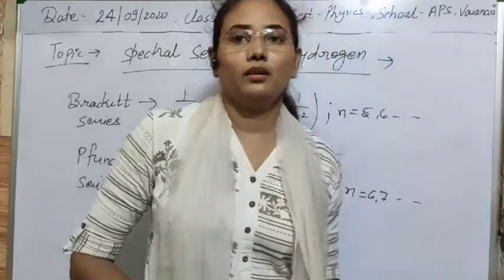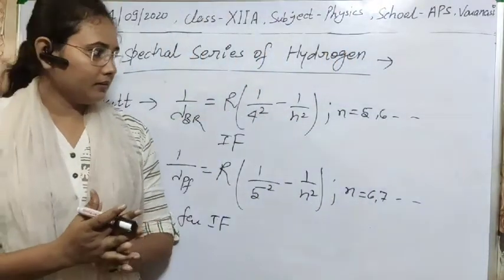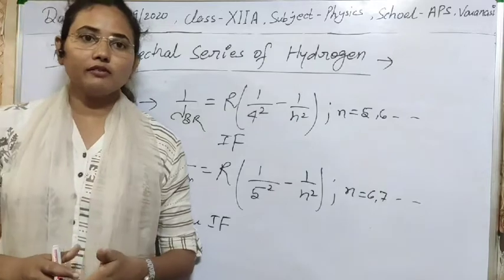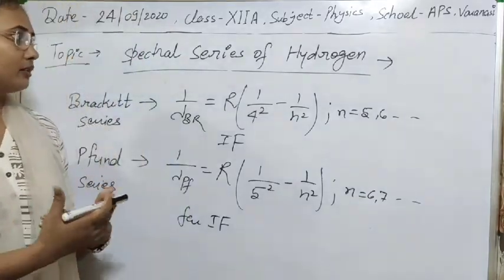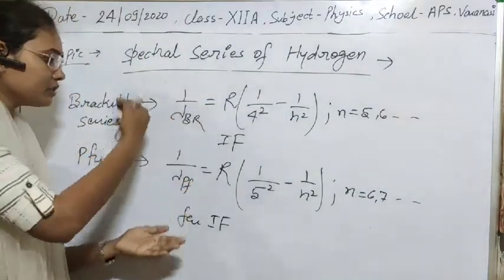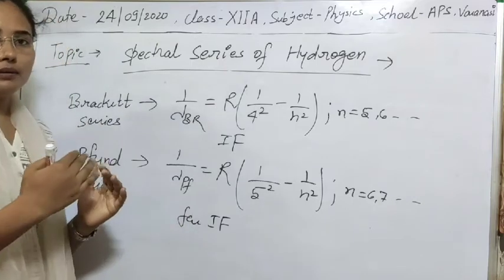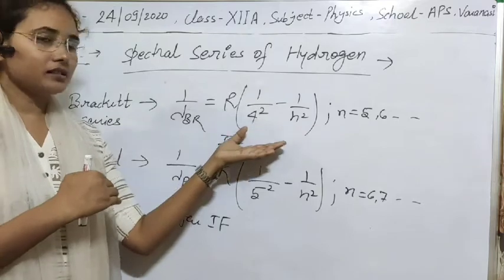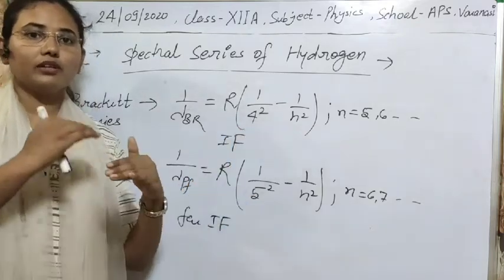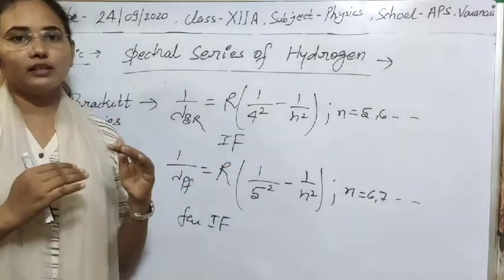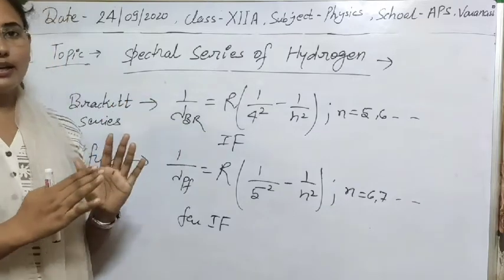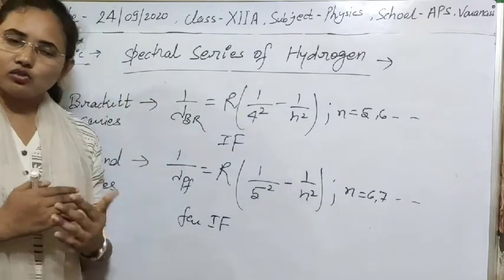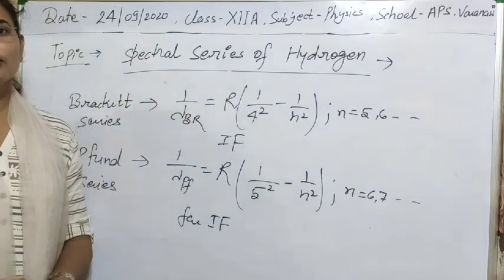So in the next class we will see the energy level diagram of the hydrogen atom, how we can arrange these 5 series in wavelength form, and how we can understand the transitions, as I have told you, from n equal to 1 to higher orbits and other things. With the energy level diagram we can easily understand it. So let's study that in the next class. Thank you.